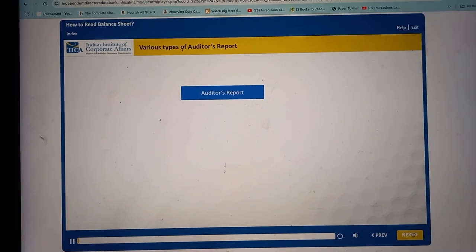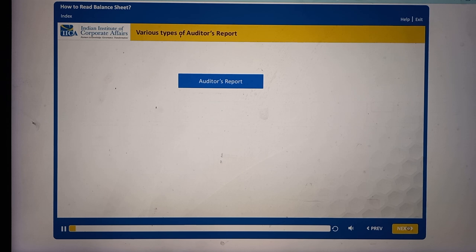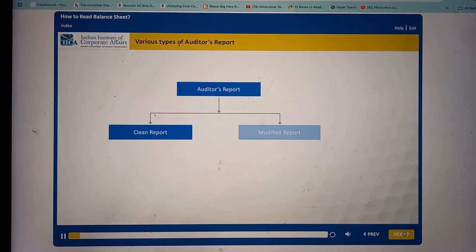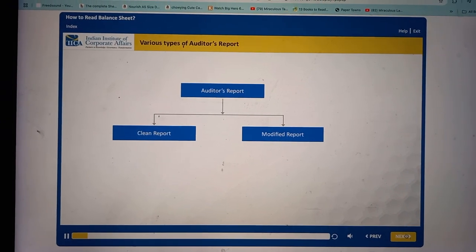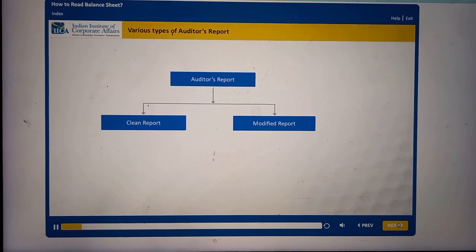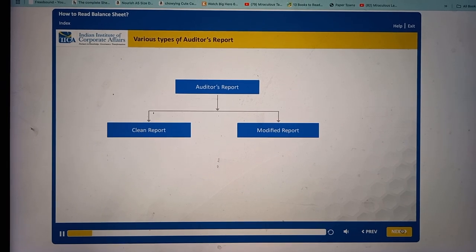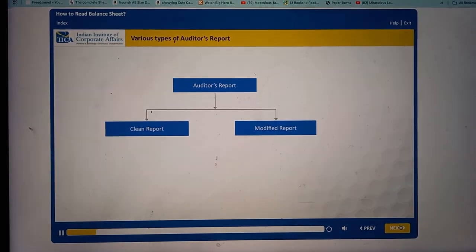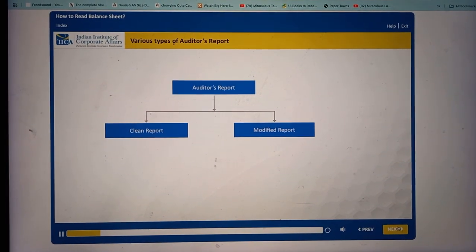Let me explain to you there are various types of the auditor's report. Therefore, the auditor's report can be divided at the outset into two parts: one, clean report, and second, modified report. Clean report means the auditor has neither qualified the opinion nor issued any adverse opinion, meaning all the accounting standards applicable to the company had been followed, all the generally accepted accounting principles had been followed by the company, and so the conclusion can be drawn